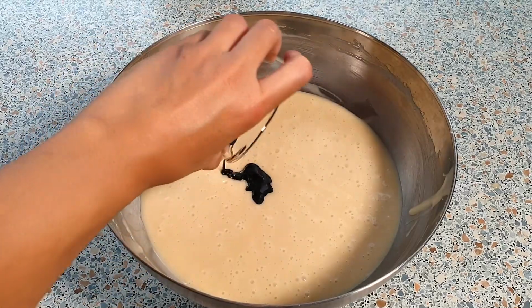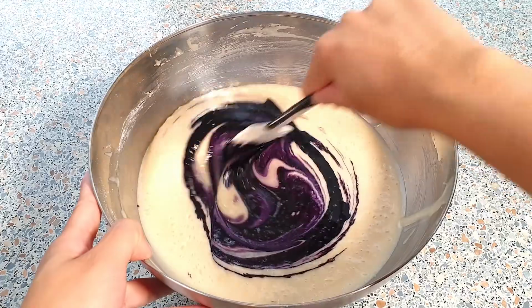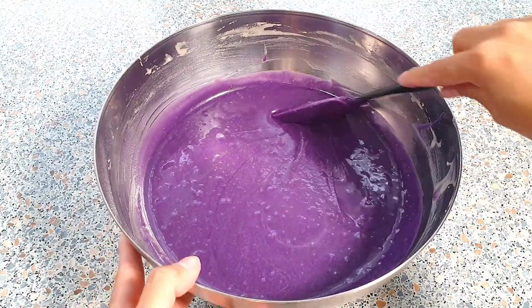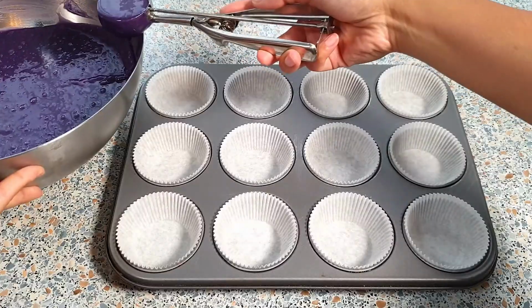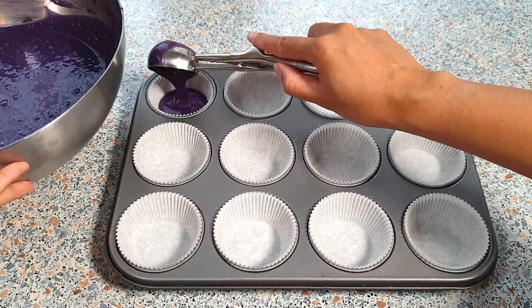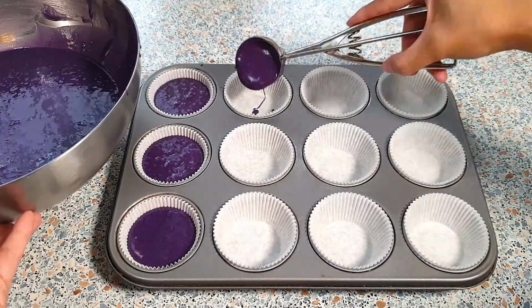Lastly, we can stir in 1 tablespoon of the Ube flavoring. This is how the cupcake mixture should look like. Scoop the cupcake mixture into the prepared cupcake liners. I'm using an ice cream scoop to do so, but you can also just use a piping bag, whatever works